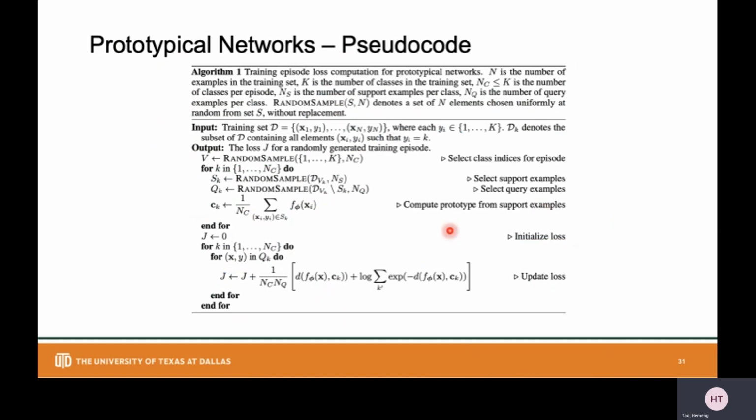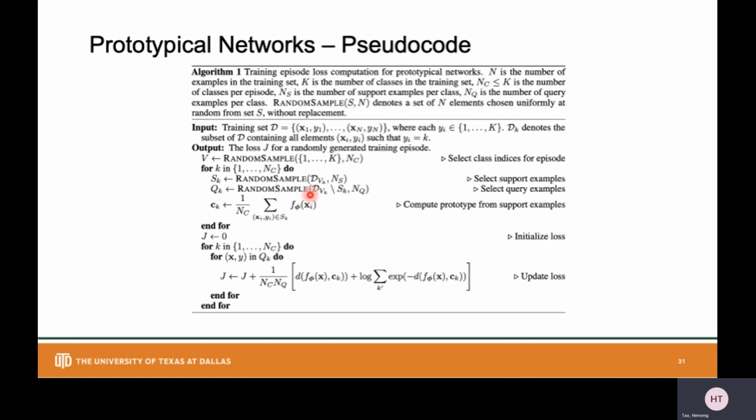Here is the pseudocode of the loss computation for each episode. As we learned before, each episode contains dataset D, which can be further divided into support and query sets. The support samples and their label information are used to calculate the prototypes C. I mentioned before, C is just the mean of the instances belonging to the same class.